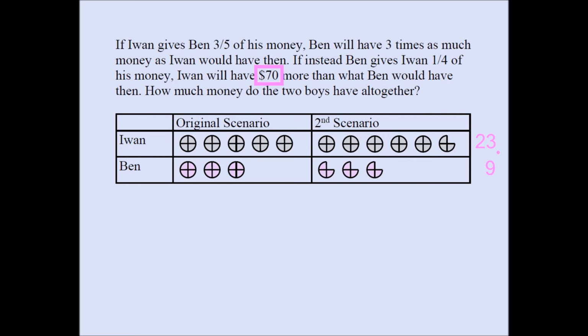And when you divide 70 by 14, you should get 5. That allows me to conclude each quarter circle is worth $5. And that means each circle is worth $20. And that helps me conclude that Ben originally had $60